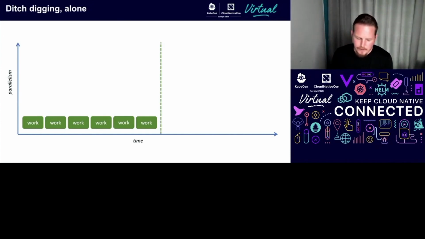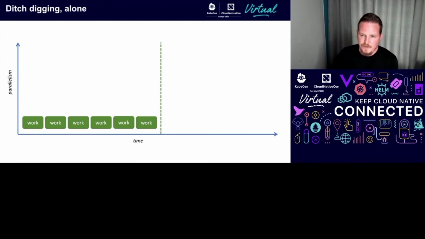So the other interesting thing that comes about with distributed storage is it helps a lot with parallelism, right? And just a simple explanation of parallelism. Many of you already know all this, but if I'm digging a ditch alone and I break it up into 6 work units, it's going to take me longer, right?